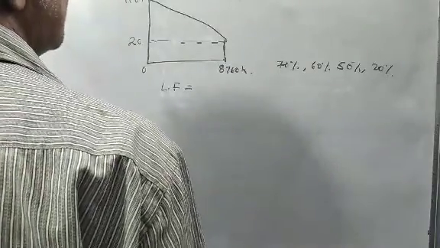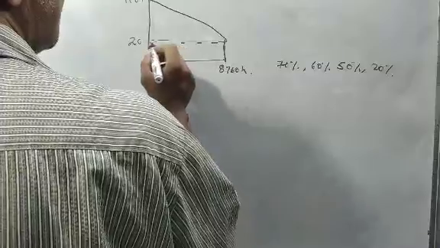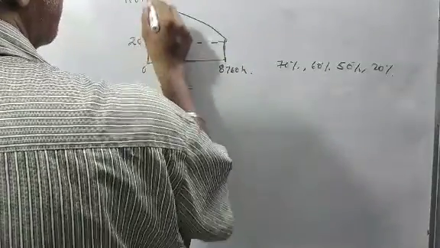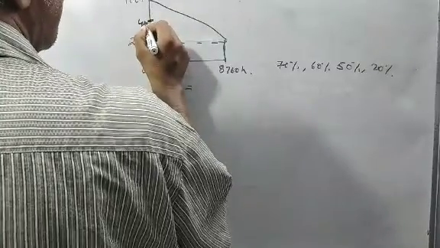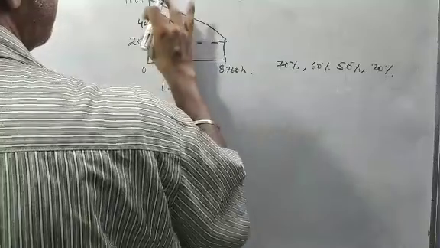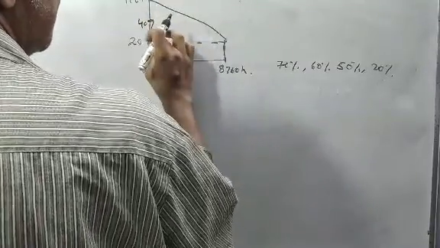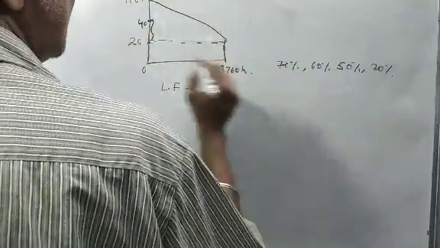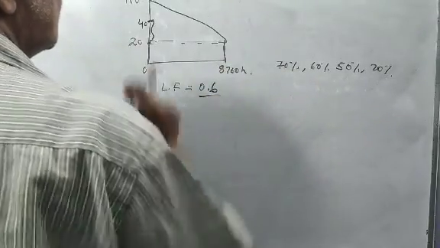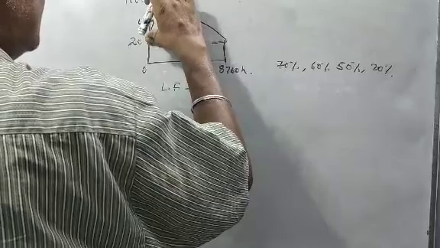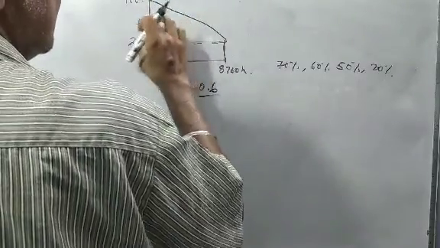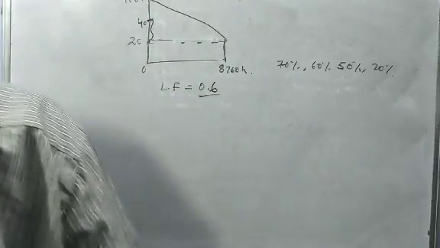So this is the base, and the average becomes this one. So this becomes 40. This part is 40 and this is 20, so that becomes 60. So load factor becomes 0.6. This part is 80, so 80 divided by 2 is 40. So 40 and 20, this becomes the load factor 0.60.